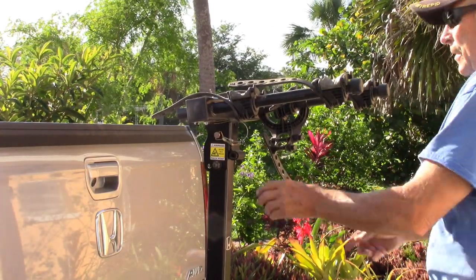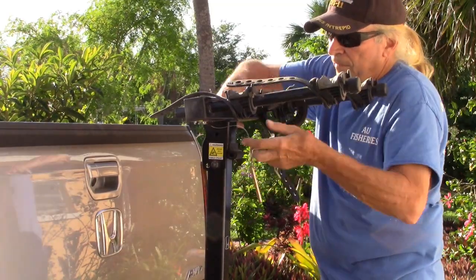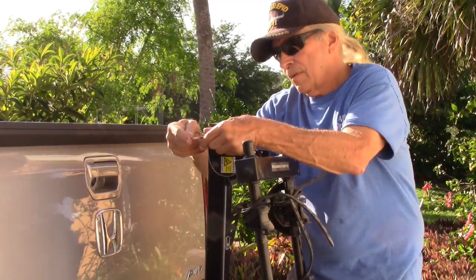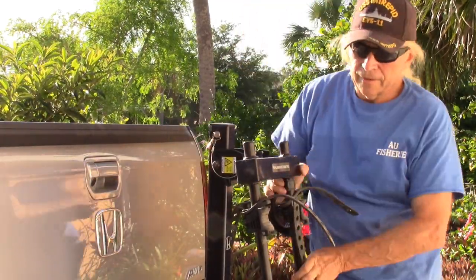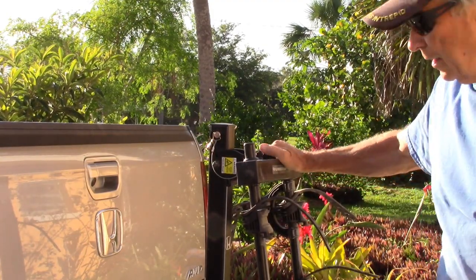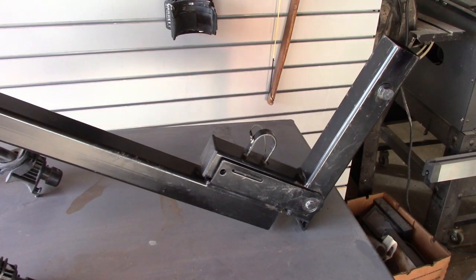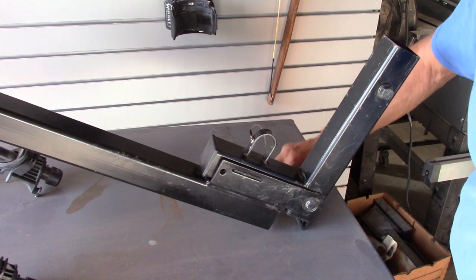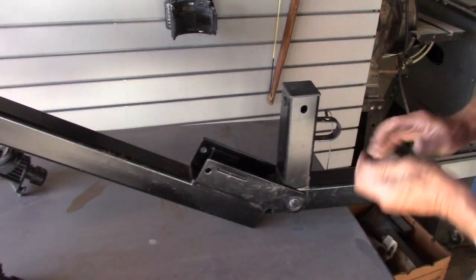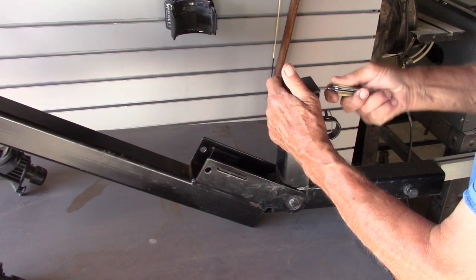When the bikes aren't being carried, what you can do is pull this pin, drop this, store it like that. And if I'm just carrying the kayak, that's the position I'll have that in. With the bike rack removed, this pin taken out, okay, this cap, we'll pry this out,